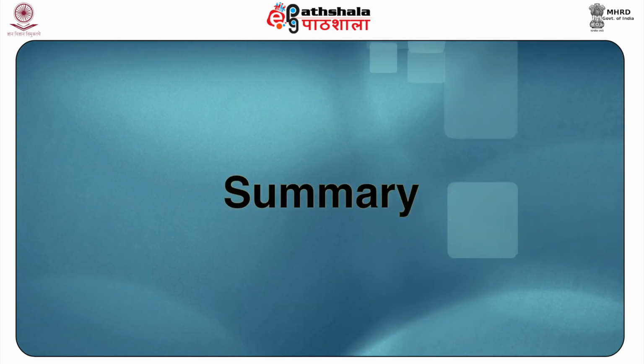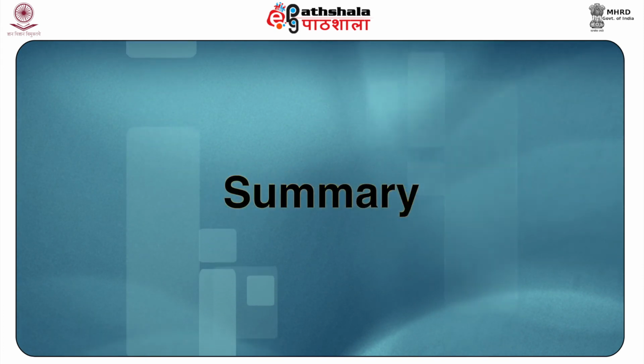So let us now try to summarize what we have learned so far in this module on multiple regression. The module is an extension of the simple linear regression model with more than one explanatory variable. It shows how regression coefficients are estimated in a general case and how the interpretation differs from the simple linear model. This module also concludes with the concept of goodness of fit and adjusted R square. We have also learned how the multiple linear model best explains the reasons and consequences of violation of classical linear assumptions.